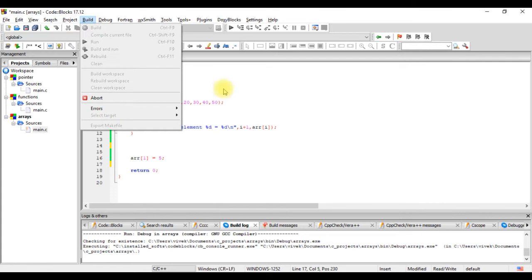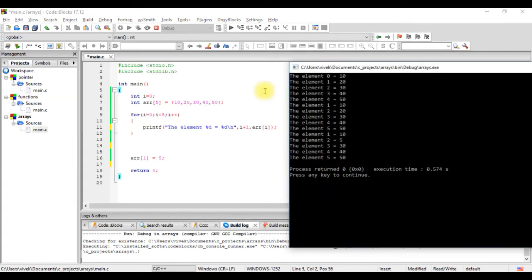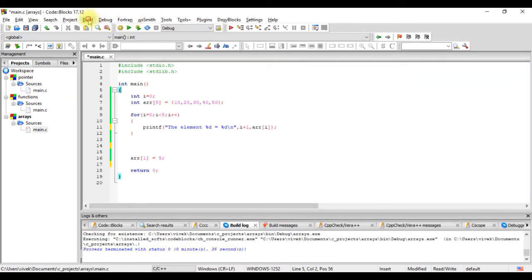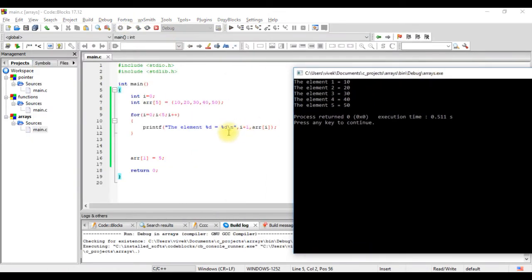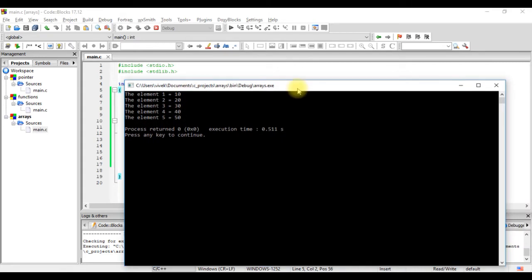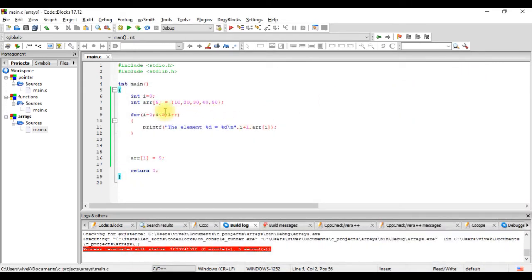Now we build this program and we run it and see. We see element 1 is 10, 20, 30, 40, and so on. So had we not defined an array, we would have to define individual elements and it would be difficult.